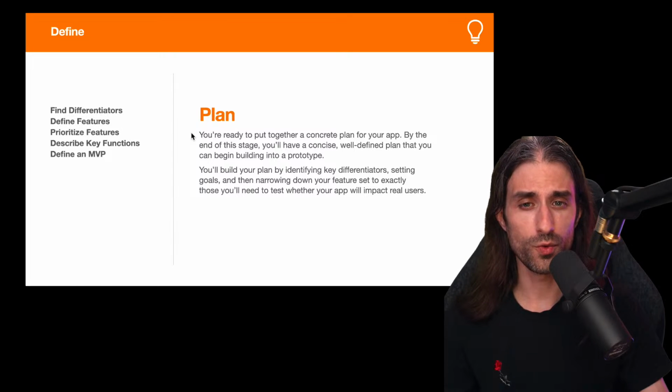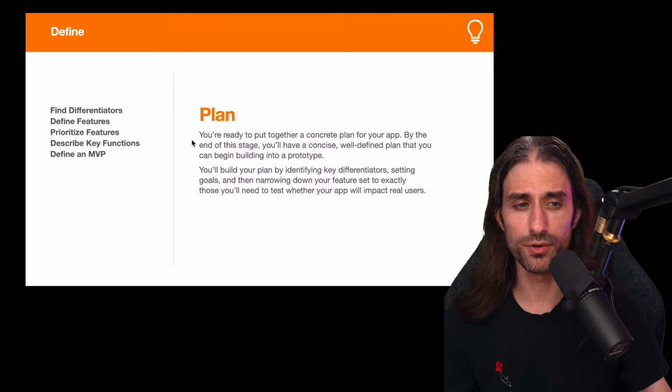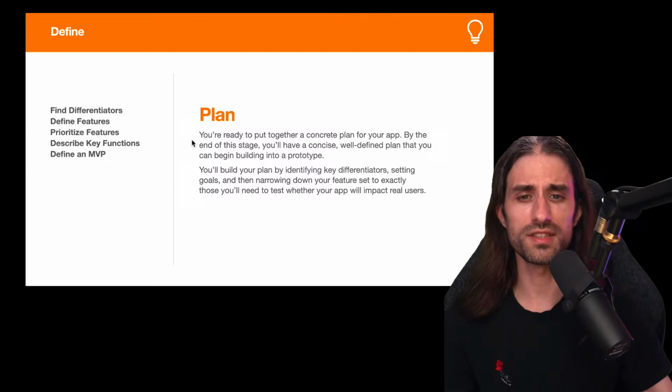They say that we are now ready to put together a concrete plan for our app. By the end of this stage, we'll have a concise, well-defined plan that we can begin building into a prototype. We'll build our plan by identifying key differentiators, setting goals, and then narrowing down our feature set to exactly those we'll need to test whether our app will impact real users. So we're starting to see this idea of simplifying, as I was mentioning a bit before,